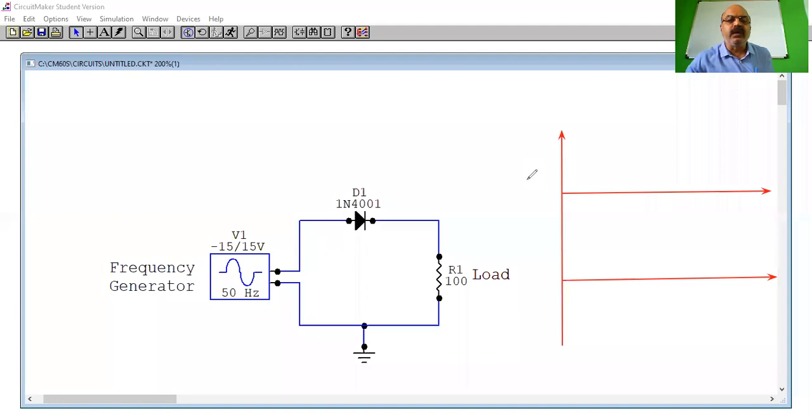This is your frequency generator input. I will call it V in. This is frequency generator input, V in. And this is the output. Where is the output? Output is here. This is your output.